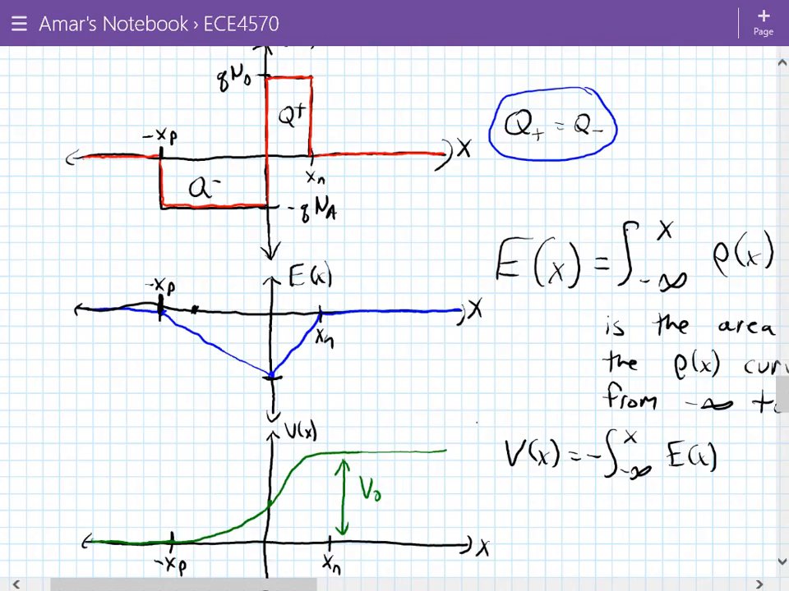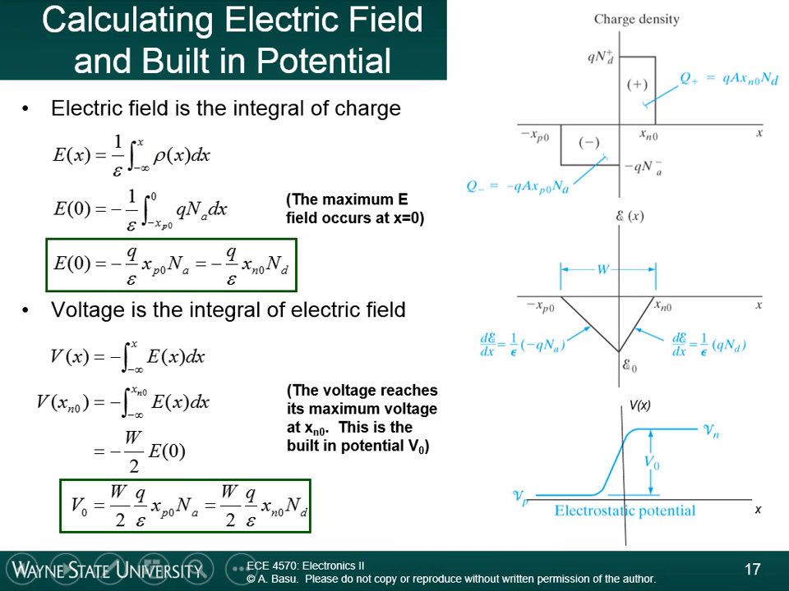This is a qualitative description of it. Now the actual formulas for it are shown on this slide here. This is showing the same thing. I just drew it out step by step so you can see. The electrostatic potential is the integral of E of x. V of x is equal to the negative integral from negative infinity to x of E of x dx. So at x sub n, the electrostatic potential on this side of the junction, if we plug x sub n here,